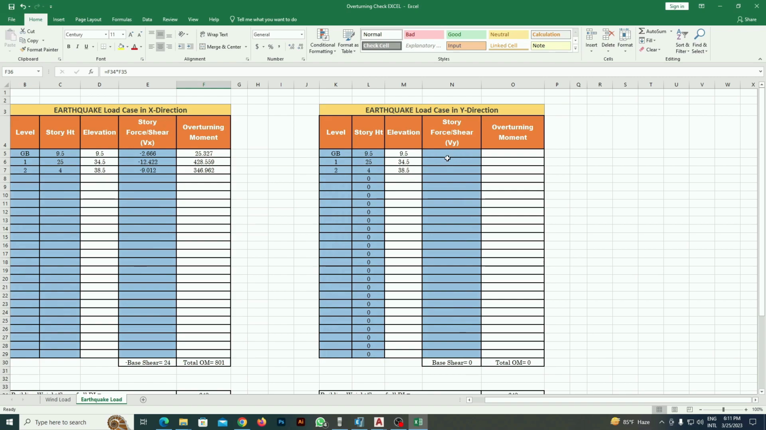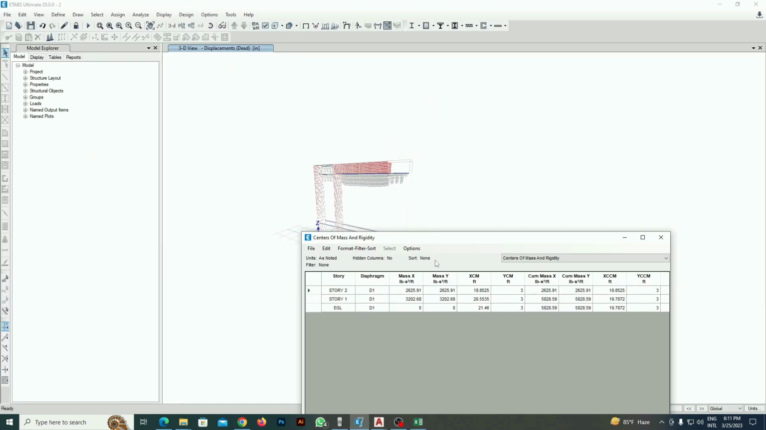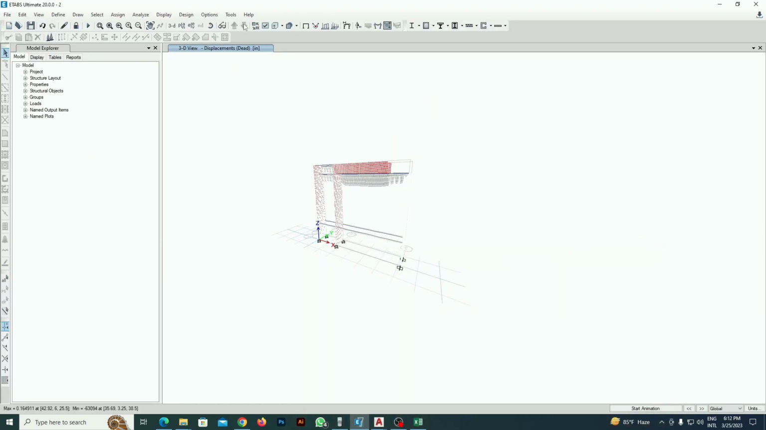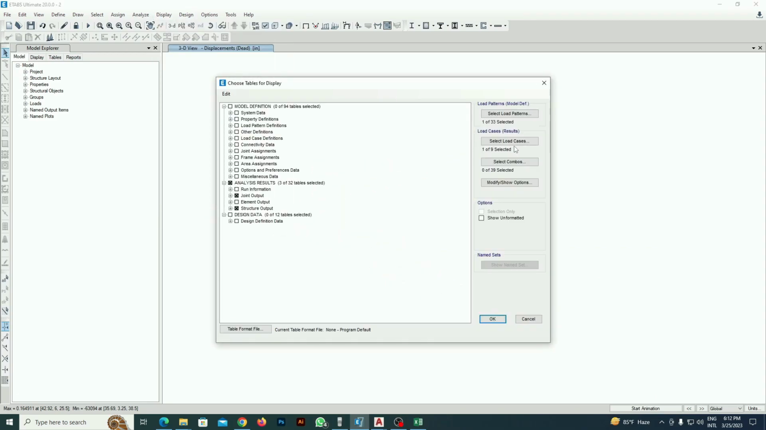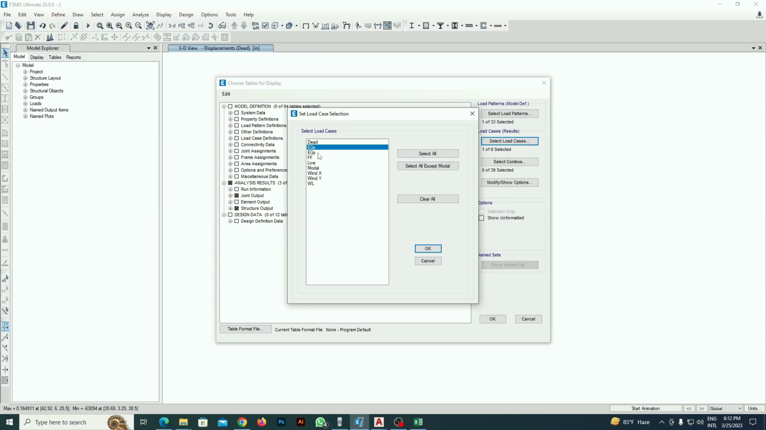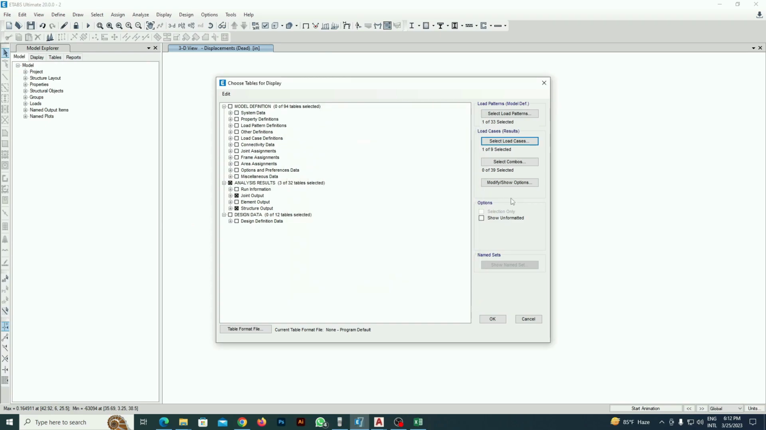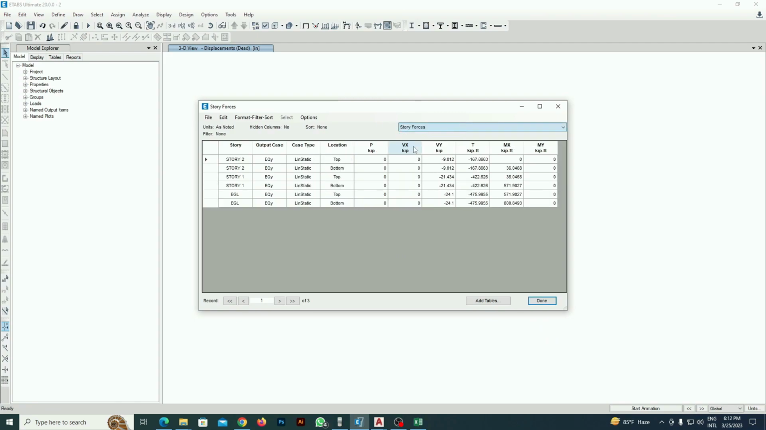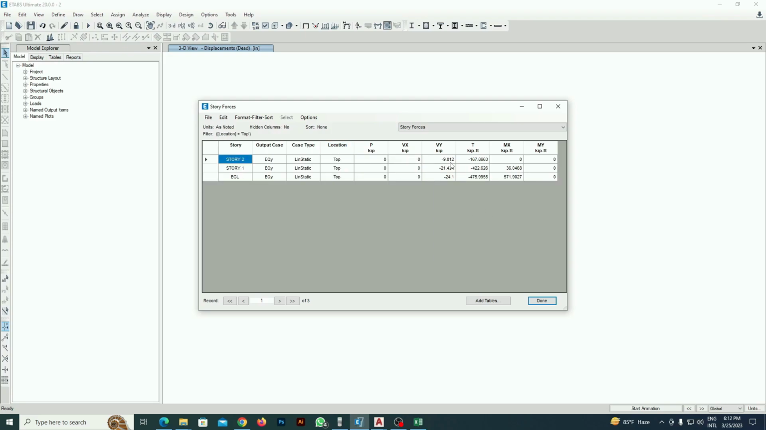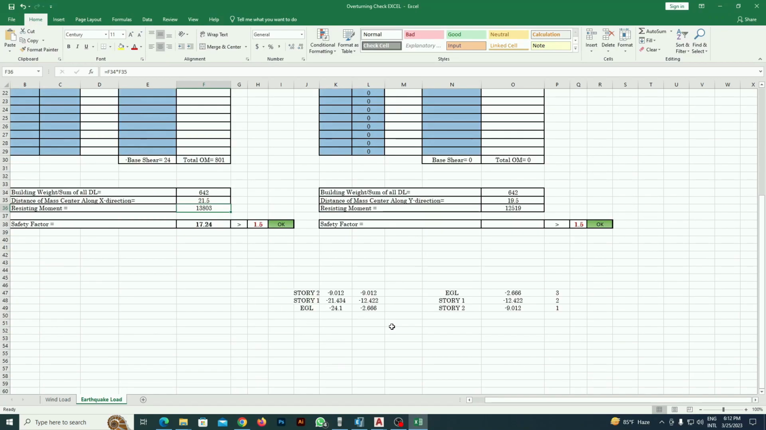Here we have to take the story forces. Go to ETABS, from here just cut it down, display, show table. From here select load case earthquake y. Now from here I will select story forces. I will just take top locations. Now from here copy them all, Ctrl C, then paste them all,